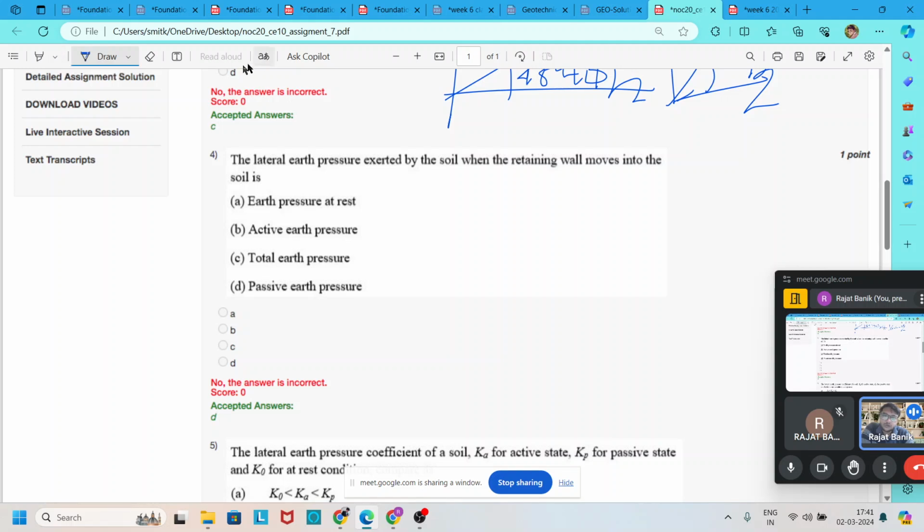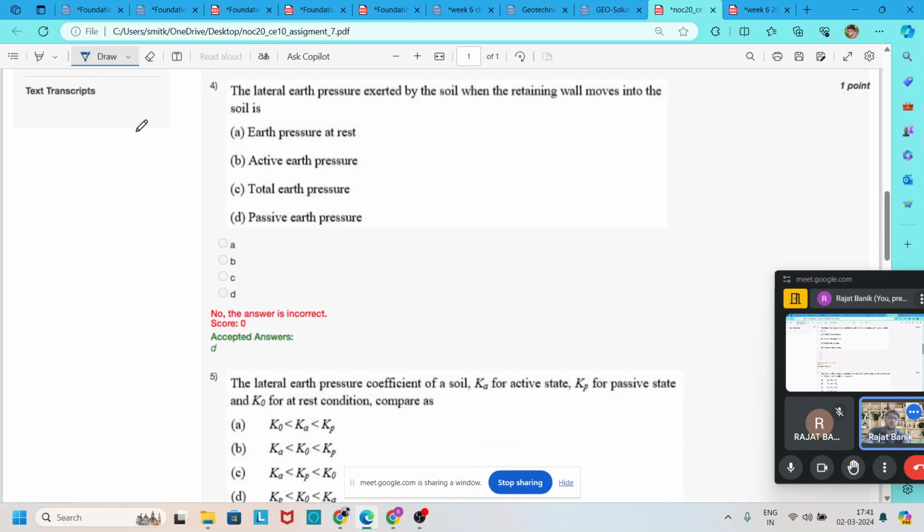Then question number 4. In question number 4, it is said that the lateral earth pressure exerted by the soil when the retaining wall moves into the soil, what type of pressure is it? So it is said that the lateral earth pressure exerted by the soil when the retaining wall moves into the soil. So we know that